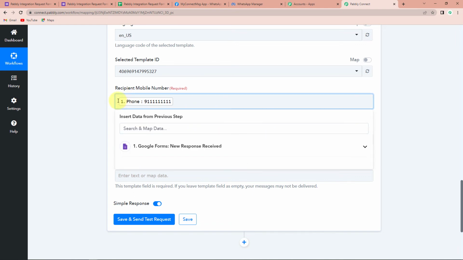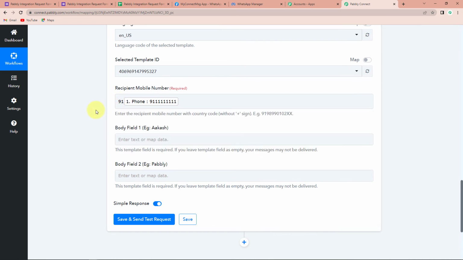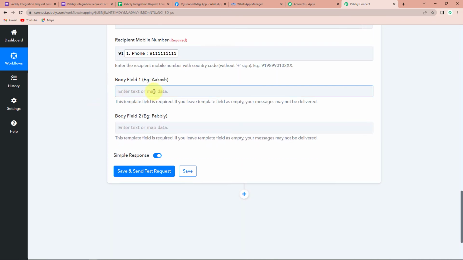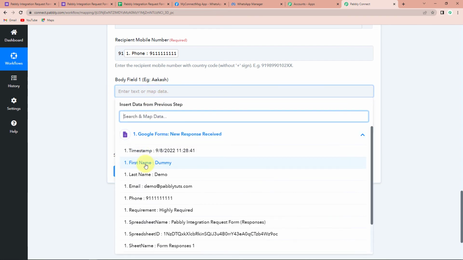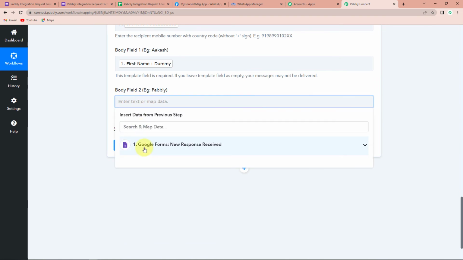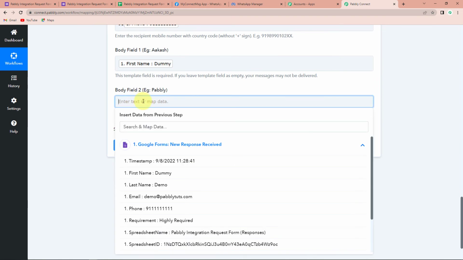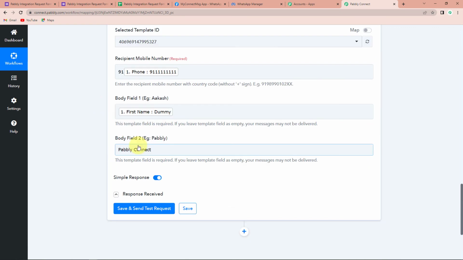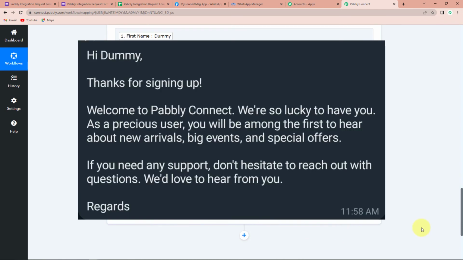So I'm going to write the country code over here. Once done, now here I need the name of the person. So let's again map the information, and this is the first name. And then here we have the body field, basically the name of the company, and it is not going to change again and again. So here I'm going to write Pabbly Connect because this is going to be static. Now here I have just given a demo number, so obviously it will not receive any WhatsApp message. I'm going to pause this video, give it my original number, and then I'm going to click on save and send test request. Now here you can see that we have received the WhatsApp message,